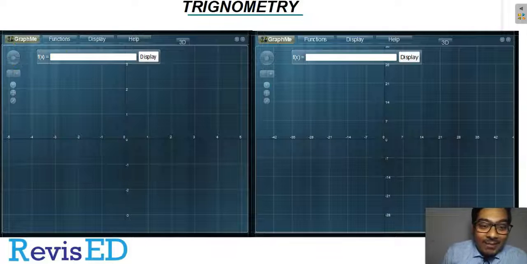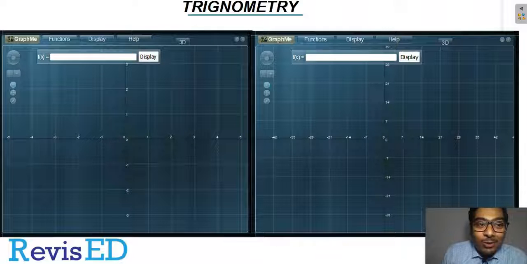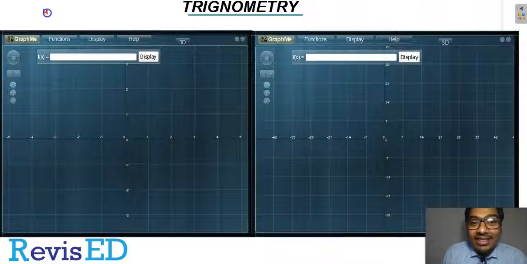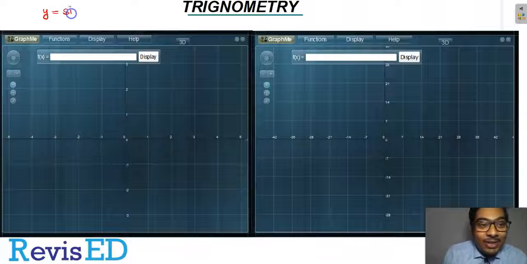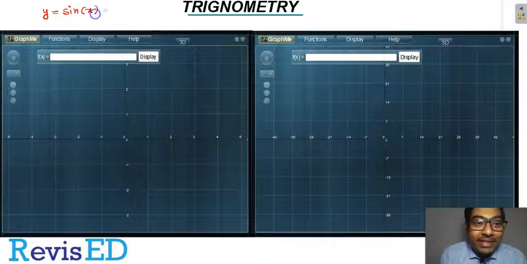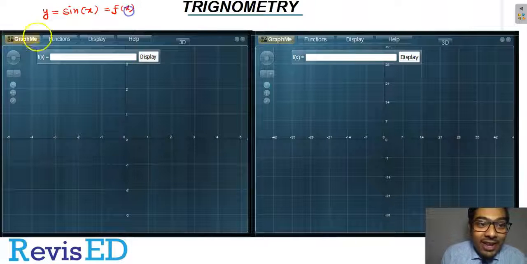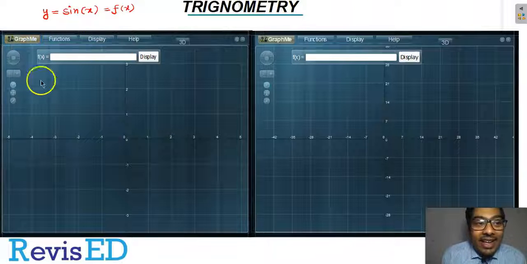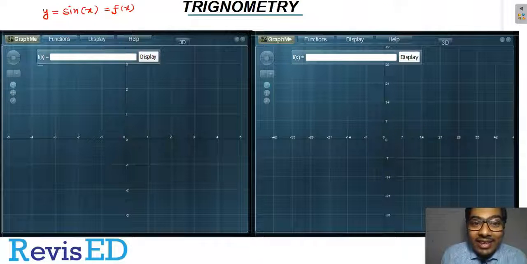Okay, in this lecture we'll be learning how to draw a graph of a 2D sin x function and a 3D sine function. So let us draw the graph. Let us start with a simple one, that is y is equal to sine of x. In this, y is only a function of a single variable, that is x. So similarly this will be our y is equal to f of x, and this is nothing but our sine of x.